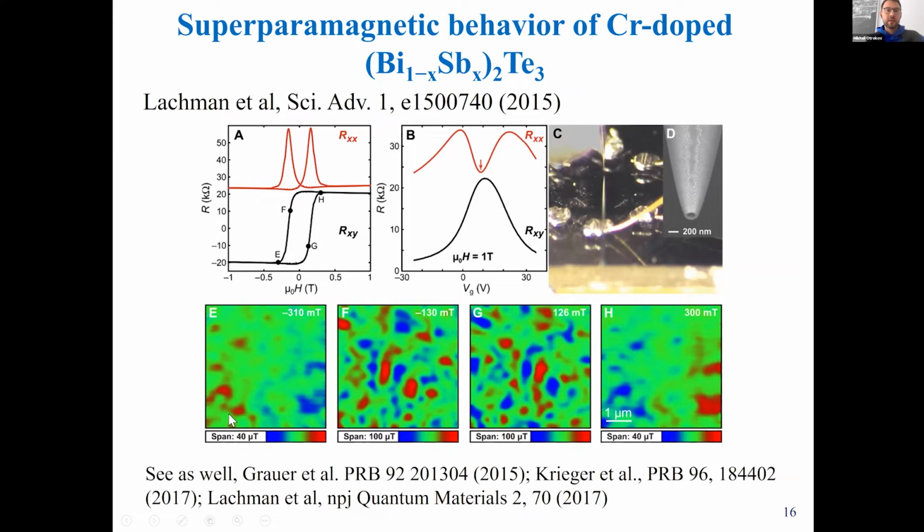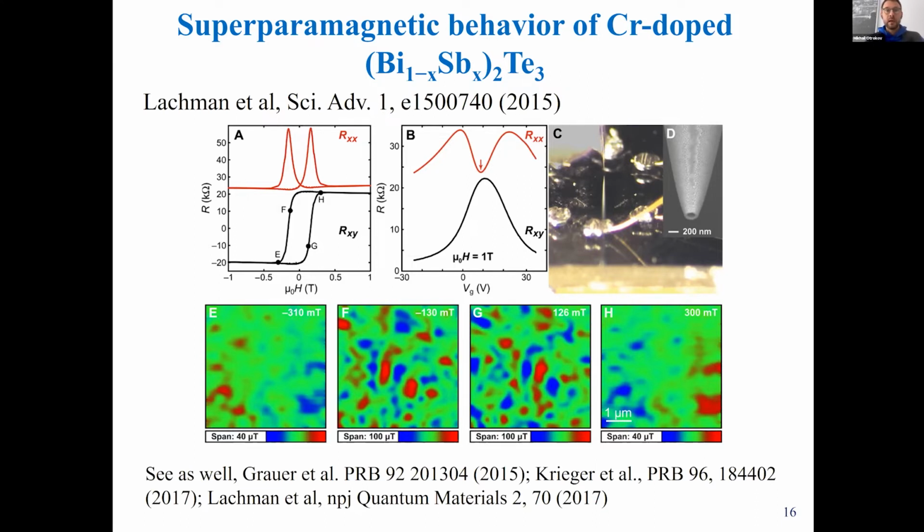You can see that there are fields of both directions at the saturation, and near the coercivity, where the remagnetization occurs. Actually, this process of remagnetization proceeds via random flipping events. These islands flip independently. So it doesn't look like in a normal ferromagnet where one domain, which is aligned with the magnetic field direction, grows at the expense of the domain with the opposite direction of magnetization. It doesn't look like this. So it's a kind of superparamagnetic behavior,